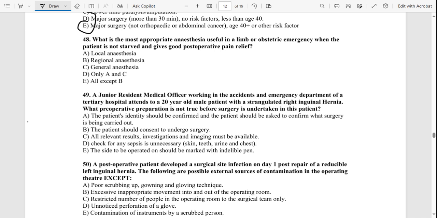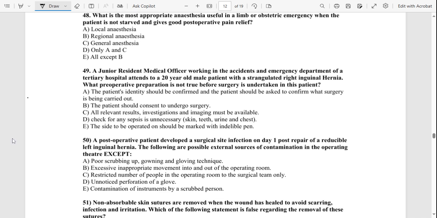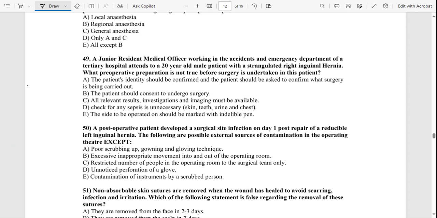When you look at option D, the other ones are confirming what we do for a patient before taking them to surgery. But D is saying check for any sepsis is unnecessary. You want to know if someone has got widespread infection. That's important, right? And then for the last question for now,